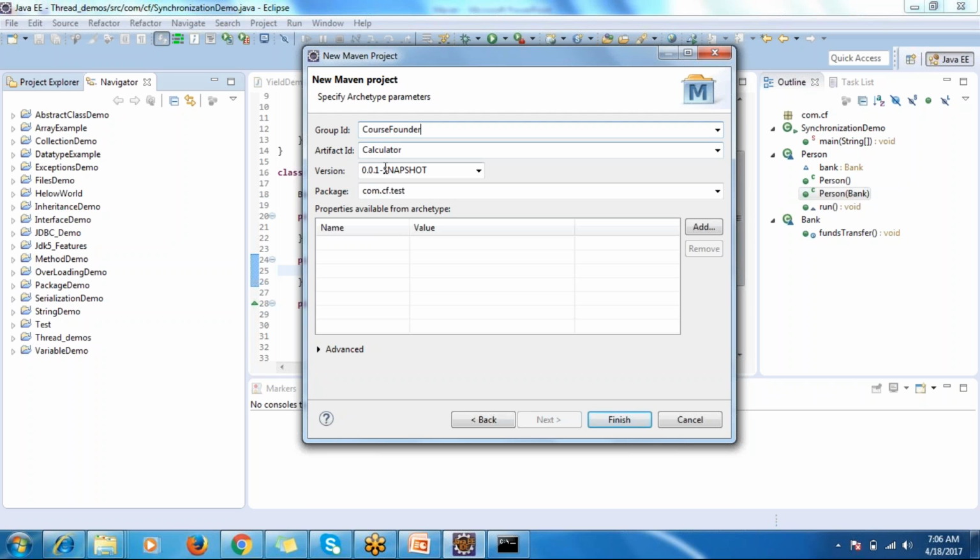Company name, project name, package name, and version. Version also can be edited. You can give whatever you want. So these four parameters are very important. It's clear, right? What is group ID? What is artifact ID? What is version? What is package? If you fill all the details and finish it,